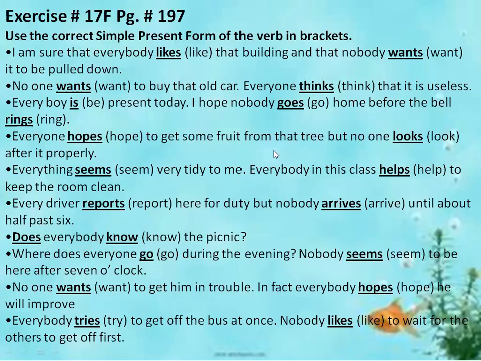Yes, good, Rida. It is a singular sentence, okay, and we have to write it in interrogative form, so we have to use do or does. And everybody means हर एक को पता है कि पिकनिक है, okay, everybody knows about the picnic. ठीक है, everybody means हर एक means singular. For singular we use does and for plural we use do. Okay.